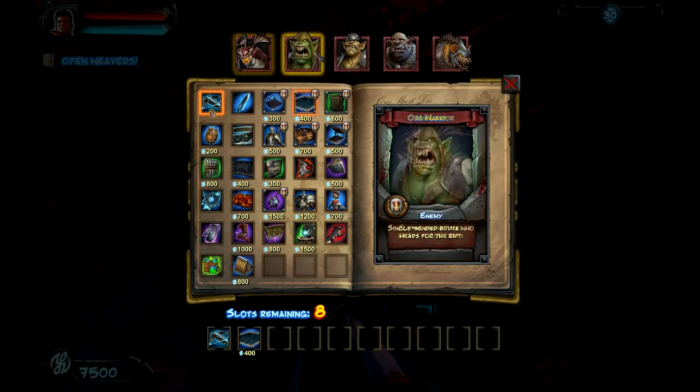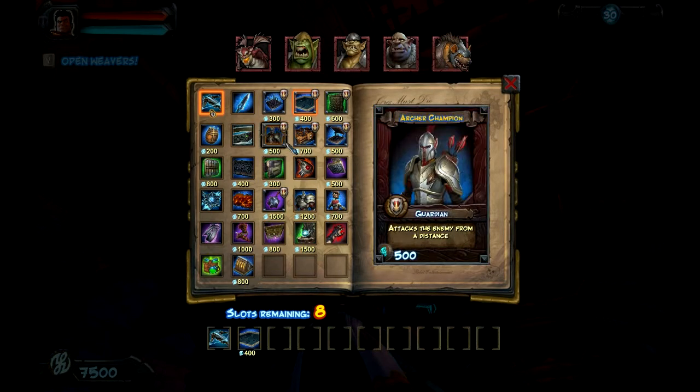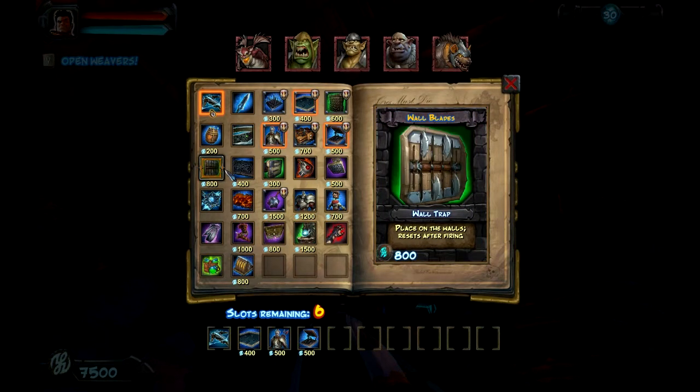We'll grab these sticky tar traps. We've only got Hellbats, regular ogres, and Null Hunters this level, so that's actually pretty good for us. Archer champions are going to be a must. Spring traps are always helpful. What else we got here? Is this actually...